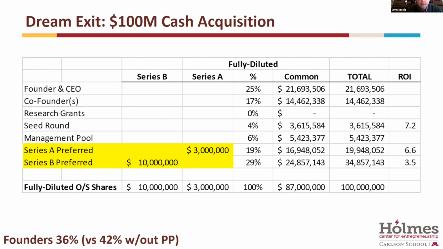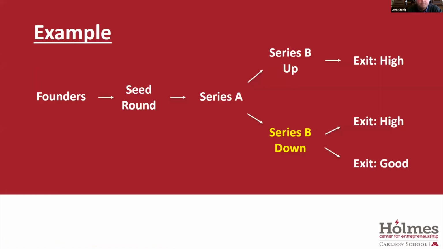Again, this is the rosy scenario, no bumps, everything flies through. Obviously, there are a lot of other issues to include in there. And the participating preferred may or may not be in there. That's one of the points that's negotiable. You can see the founders lose about 6 points as a result of that. At this level it becomes less of an issue at a higher level, but at these moderate levels, it does help to increase the ROI of the preferred investors.